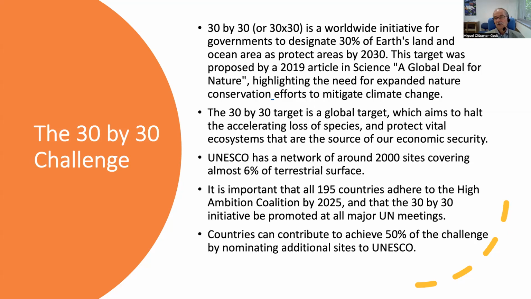So one of my last slides will be again the 30 by 30 challenge. That 30% of the Earth's lands and oceans are protected, 10% strictly protected. So there was this global deal for nature, which at the same time mitigates the impact of climate change. It's a global target. It protects the species, the ecosystems, and the economic security for us also. So it's not just about species protection. No, it's a global deal for ecosystems.